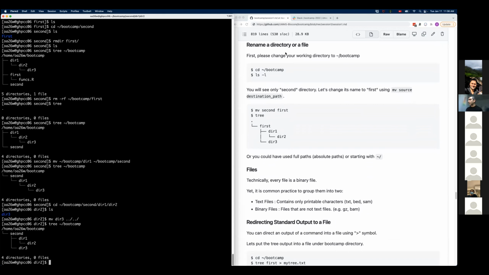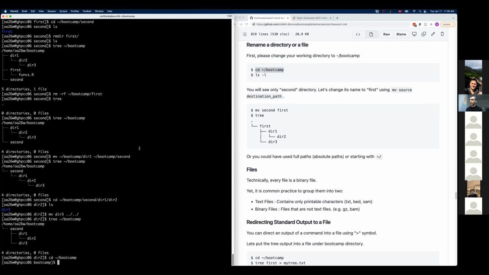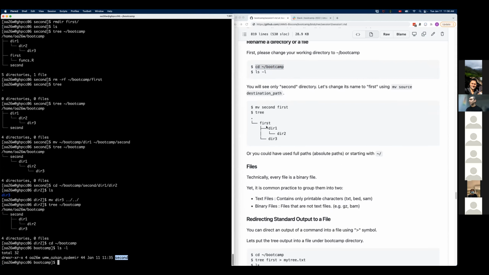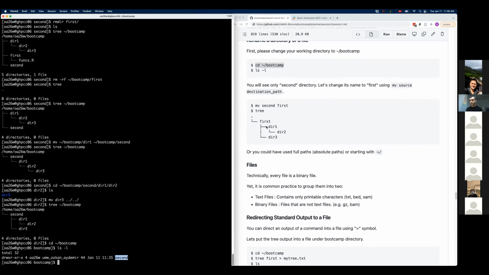Okay, so renaming, as I said, uses the exact same command, move. So we are going to change directory to bootcamp again. And now there's only the folder second.